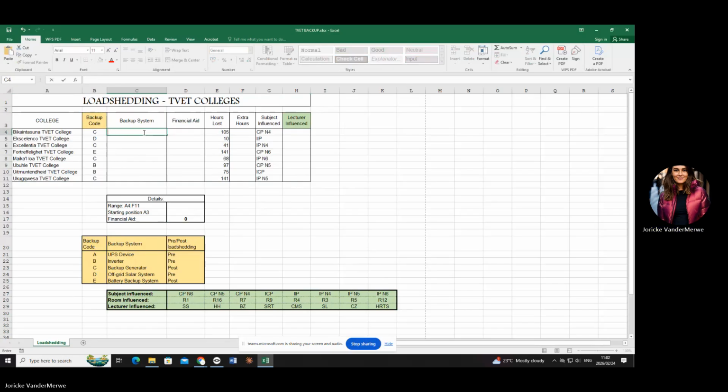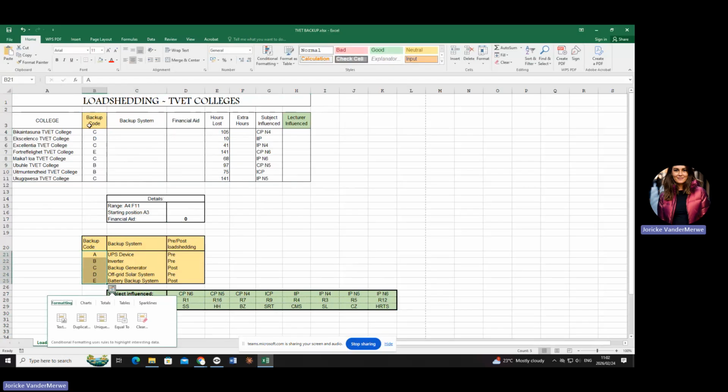Okay. Now, there's 2 lookup functions. The one is an HLOOKUP and the other one is a VLOOKUP. Okay, how do you know which one to use? Do you see the lookup values here in your column B are vertical? Can you see that is vertical? Hence the V, okay, is a VLOOKUP, a vertical lookup.